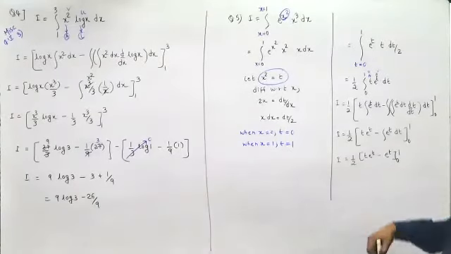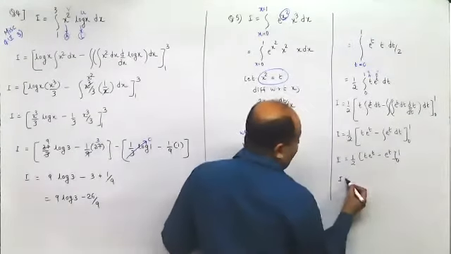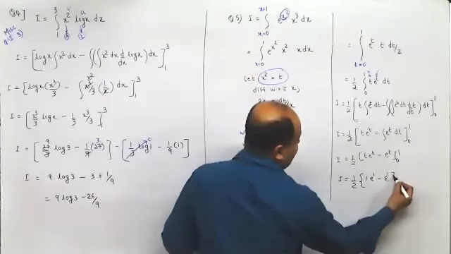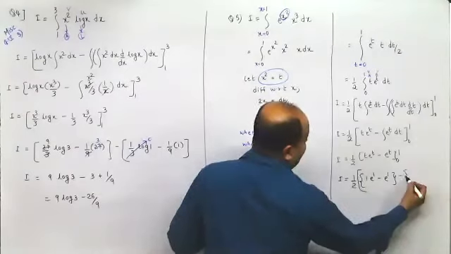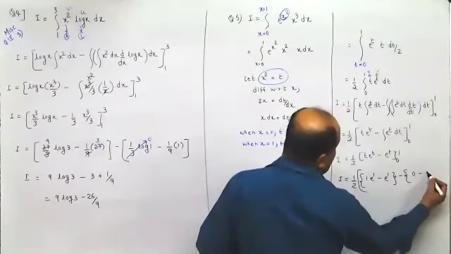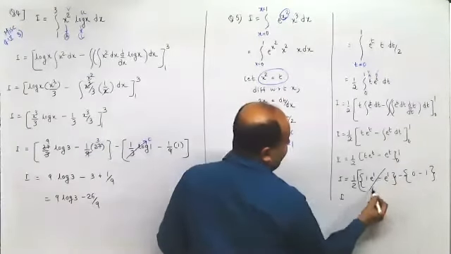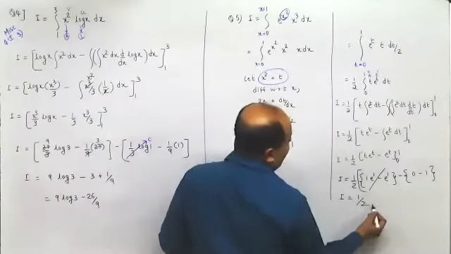Here, first substitute the upper limit. You will get I equal to half. This is 1 e raised to 1 minus e raised to 1. Then substitute the lower limit, e raised to 0 minus e raised to 0. So this would give you e and e gets cancelled. This is 1 by 2, is the answer.